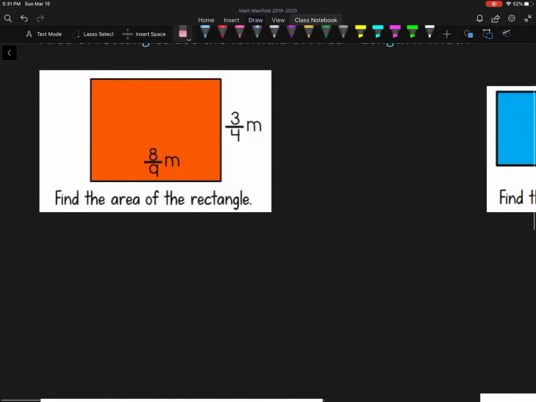So let's start with this rectangle that has two dimensions of 8/9 meters and 3/4 meters. So we are going to write down our formula. Area equals length times width, because we have those two dimensions. And I'm going to fill in 8/9 for my length and 3/4 for my width. And then I'm going to follow my steps of multiplying my numerators and then multiplying my denominators. So 8 times 3 is 24, and 9 times 4